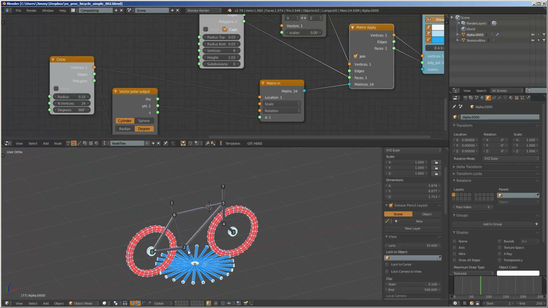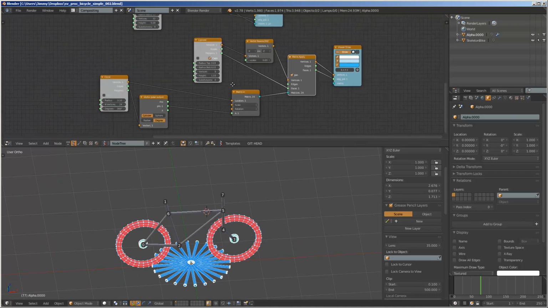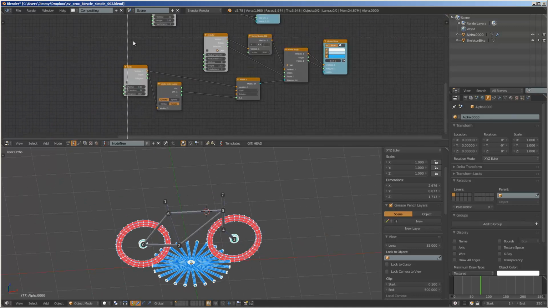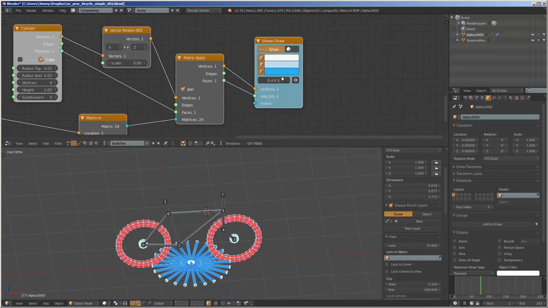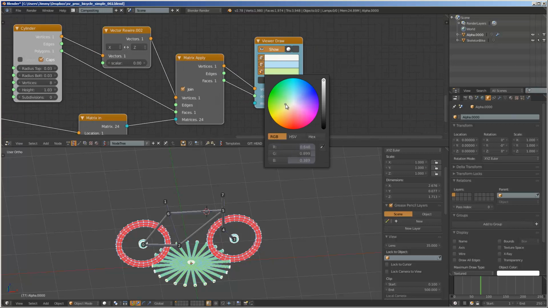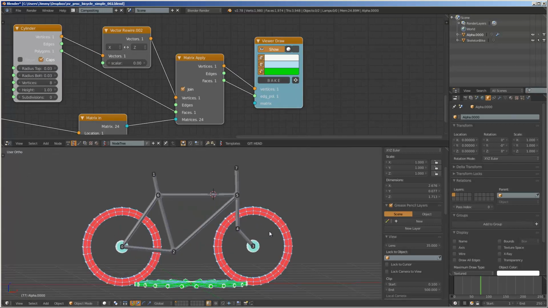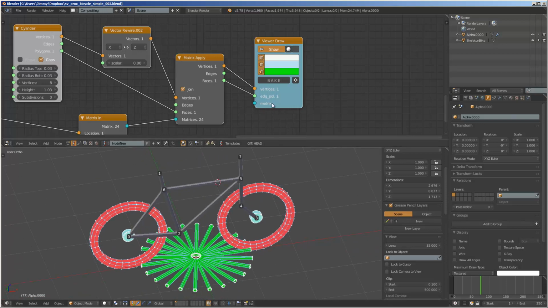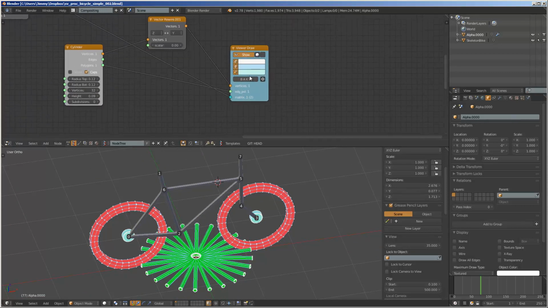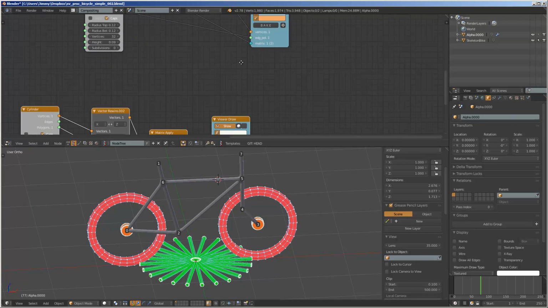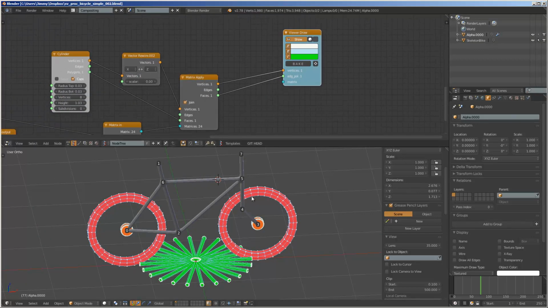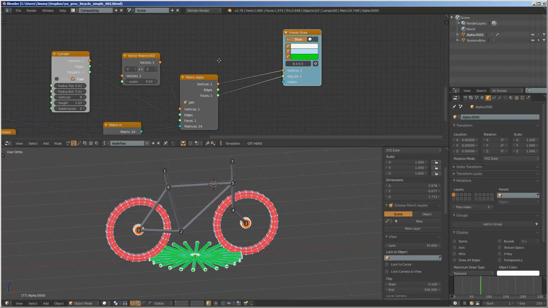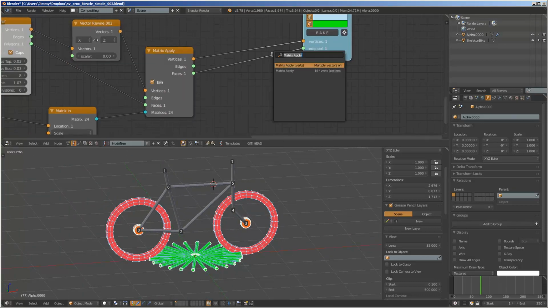So we have this, and we need to apply it on both the wheel. So let's do that. Give like a bright random color for now. This one can be that. So the rotation is apparently wrong, but it's okay, since we already got it, we can perhaps just deform the